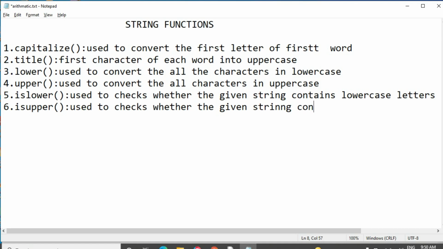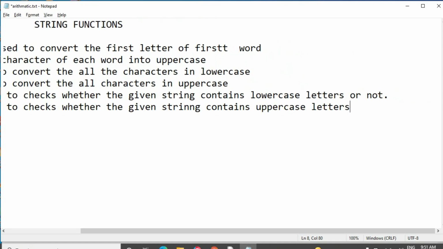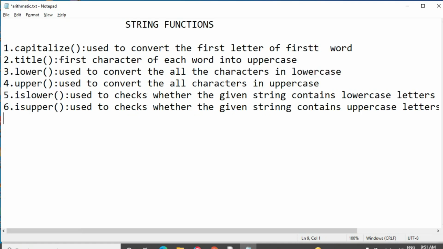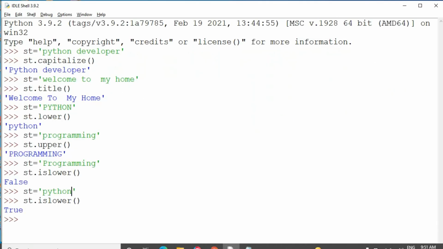Uppercase means capital letters. If all the characters are in uppercase only, it will display true, otherwise it will display false.